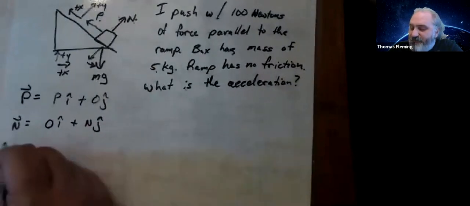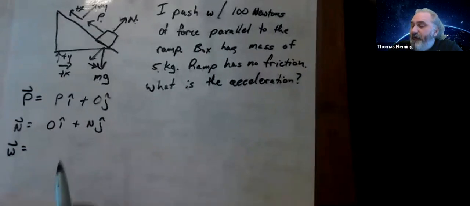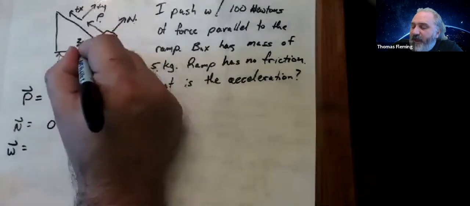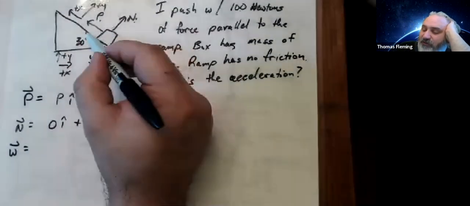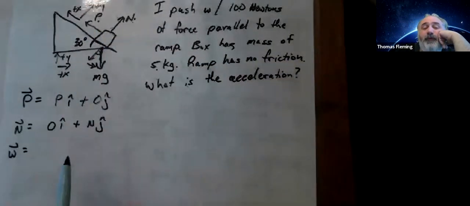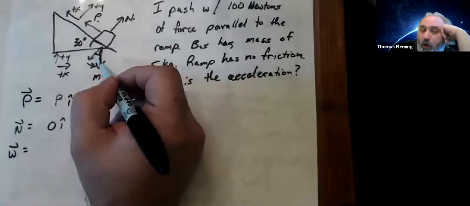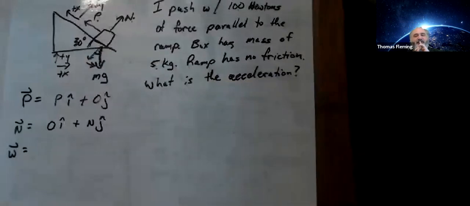The tricky part is the gravity, the weight. And to do this one, here's what's going to happen. Let's say that this ramp makes a 30-degree angle with the horizontal. That's the angle of my ramp. Now, because my ramp is slanty, gravity is going to make a certain angle with my y-axis. And it turns out that this angle right here will always be the same as this angle right there. If you can't see that easily, the way that I kind of make it make sense